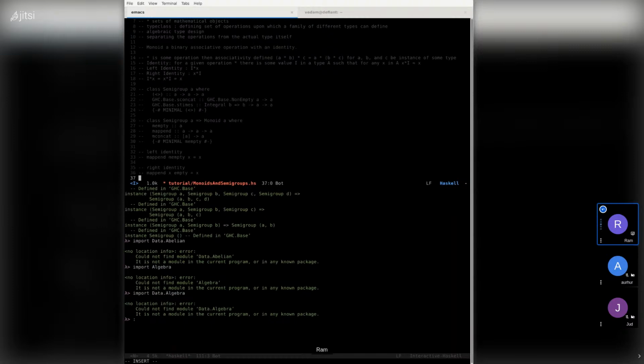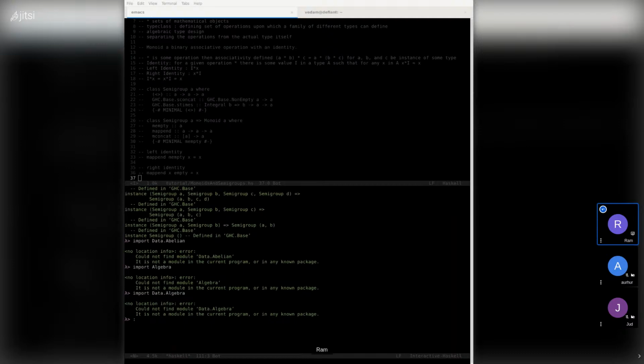There's also mconcat, which, based on the type definition here, is essentially going to do a reduction on mappend. It takes each value in the list that you're providing and reduces it by calling the appropriate associative operation on each value, folding it into a single value. So this is why you have mconcat and you have mappend.